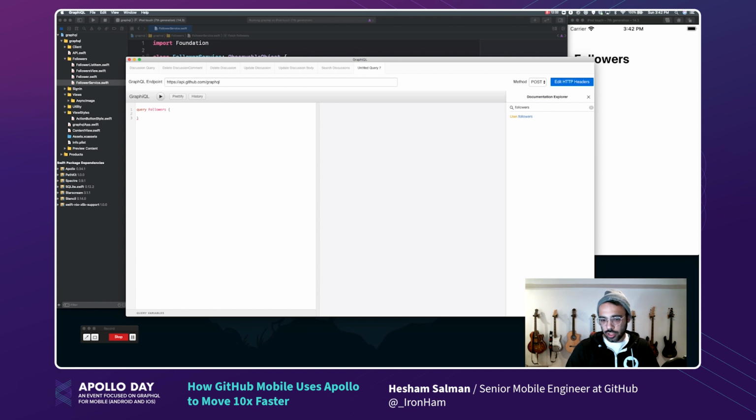In GitHub nomenclature, the current user is referred to as viewer. So let's just go ahead and grab the viewer's followers. Let's click into the followers query to find out more about it. We can see here that it takes 4 optional arguments: after, before, first, and last. These are primarily intended to be pagination